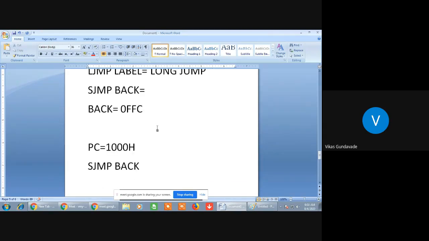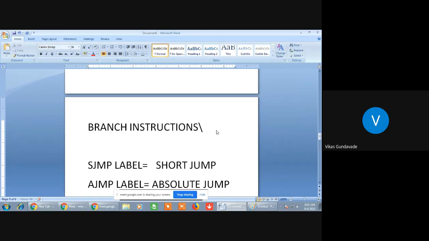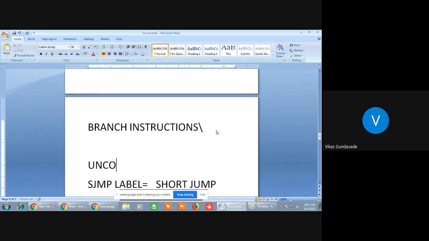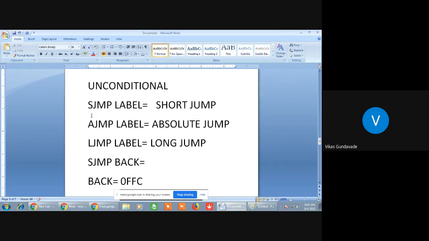Okay, and these jump instructions are unconditional. Why are these unconditional? Because for this jump, no condition is specified within the instruction. It is a simple jump instruction without any conditions, unlike jump if carry is generated, jump if carry is not generated, jump if zero, jump if not zero, and so on.